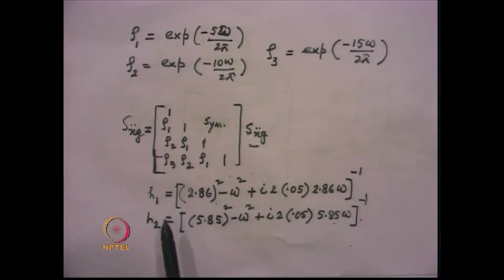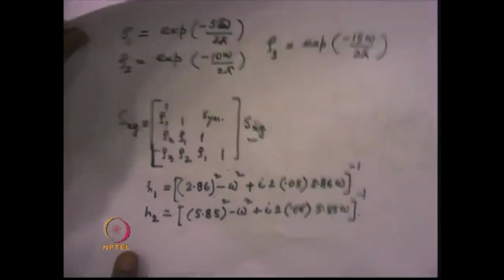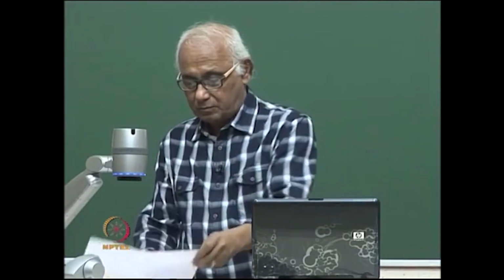Similarly, one can write down the complex frequency response function for the second mode. Only thing that we do is that we replace the first frequency by the second frequency 5.85 and we get the frequency response function for the second mode. Similarly, one can write down the frequency response function for the third mode, taking the third frequency. Once we have obtained these H1,